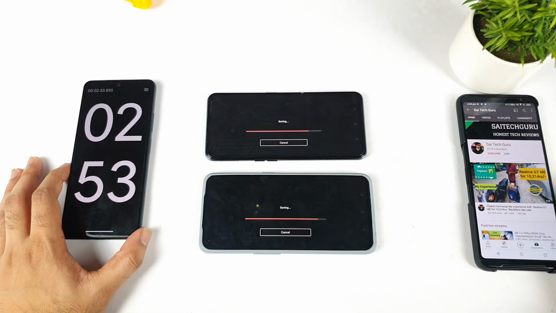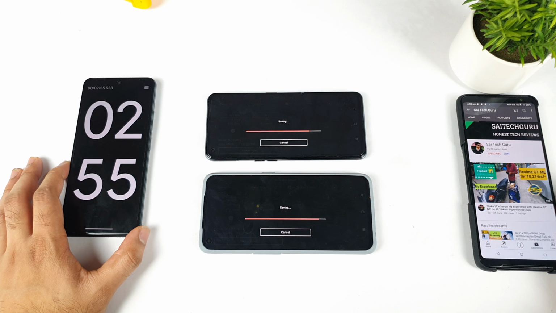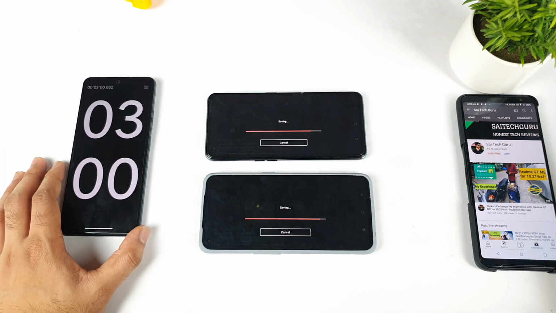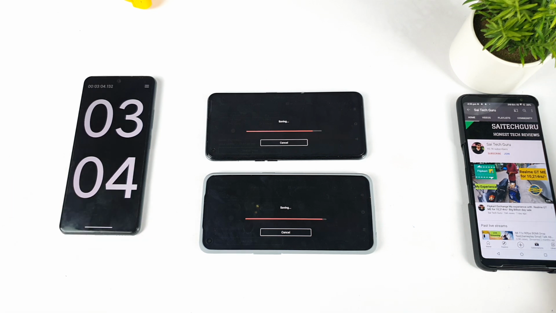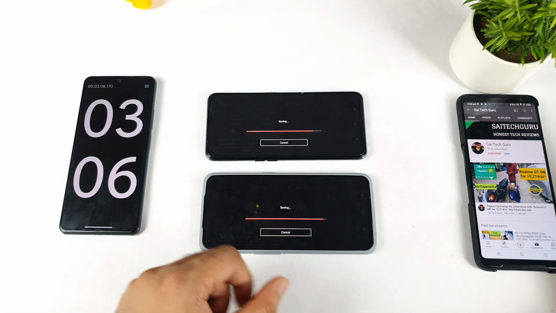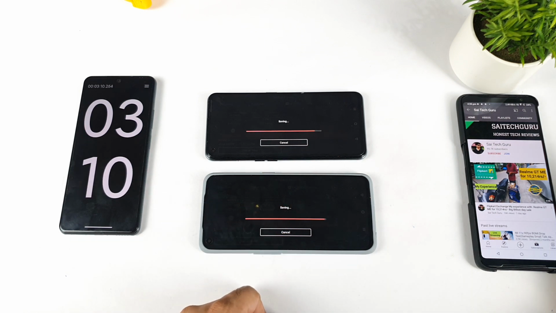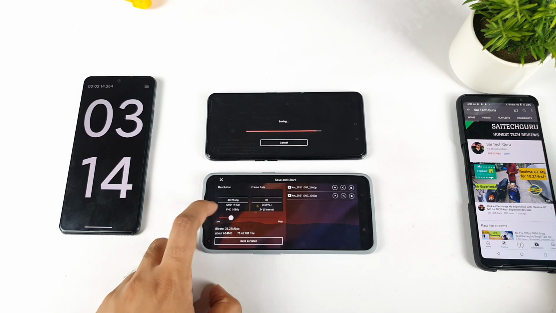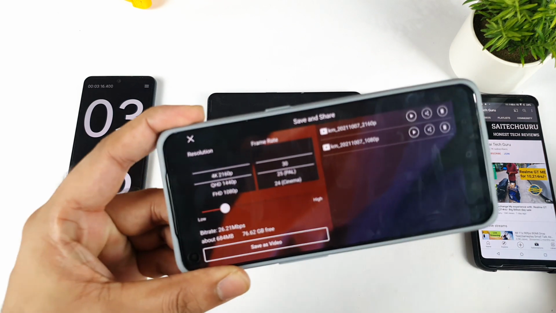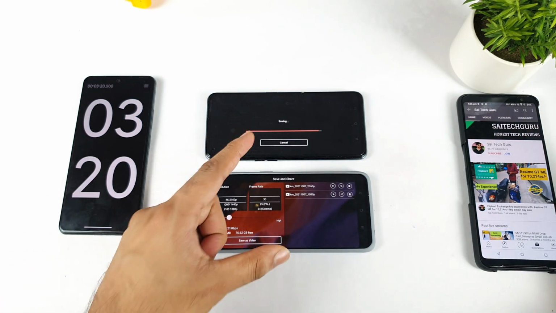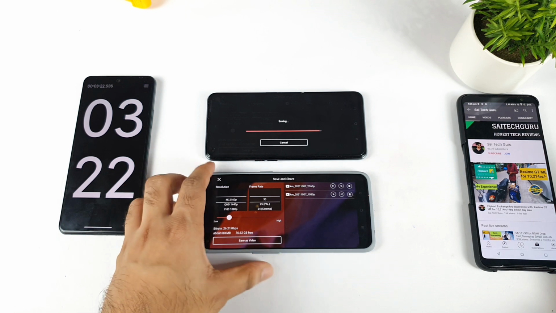Right now, as you can see, friends, we're getting very close to the end of the results. It took definitely a lot of time converting from the 1080 to 4K resolution, 4K rendering. You can see the Realme GT was able to finish slightly faster in this intense task than the Realme X1 Max. You can clearly see here from 1080 to 4K. And the Realme X1 Max is still taking some time.